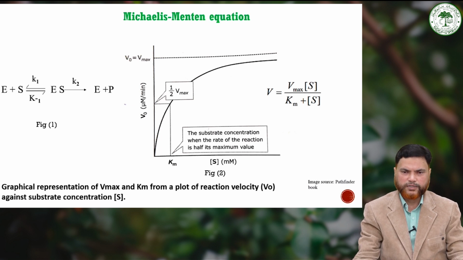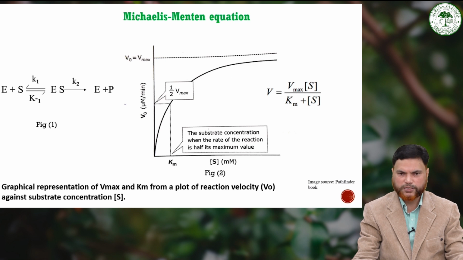So there are different assumptions made in deriving the Michaelis-Menten rate equation. First is the relative concentration of enzyme and substrate, and how it impacts the rate of reaction. The substrate concentration, that is S, is significantly higher than the enzyme concentration. This is the assumption, ensuring that only a small percentage of the total substrate is bound by the enzyme